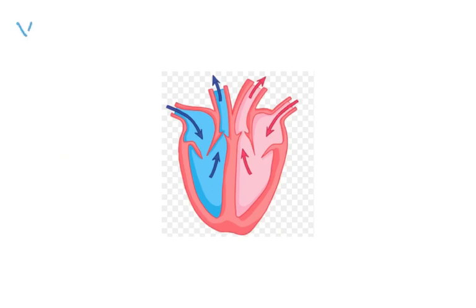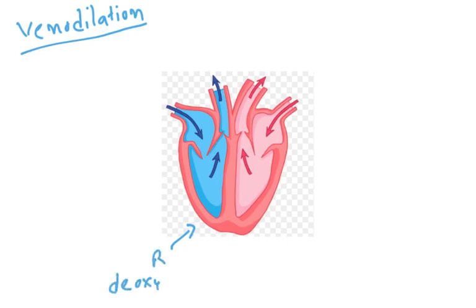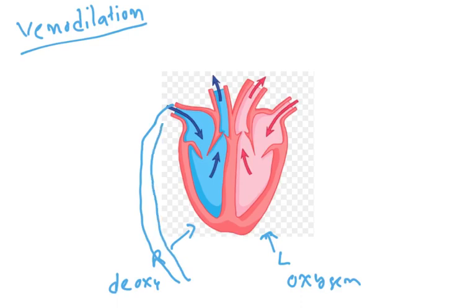What is the effect of this venodilation? To understand this effect, you need to know a little bit of cardiac physiology. So, this is the block diagram of the heart. This side is the right side, wherein you have deoxygenated blood. This side is the left side, wherein you have oxygenated blood. The body veins all collect deoxygenated blood and bring it into the heart through the vena cava, superior vena cava and inferior vena cava. Both of these vena cavas bring deoxygenated blood back to the right side of the heart.